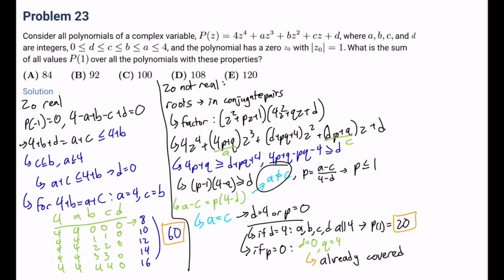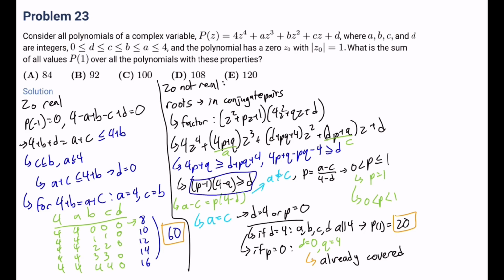But then since a is not c, then p is not 0, so this gives us our lower bound of p, which is that p is greater than 0, right? So p is between 0 and 1, like that. And now we also split into cases where p is equal to 1 and p is not equal to 1. So p is between just 0 and 1, and it cannot be 1, like that, right? First, if p is equal to 1,